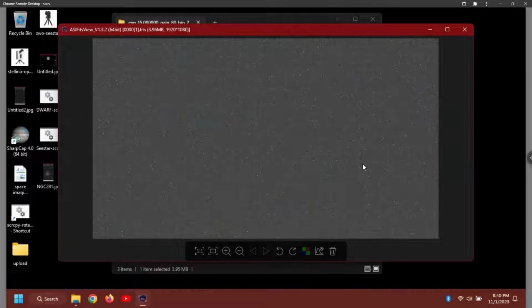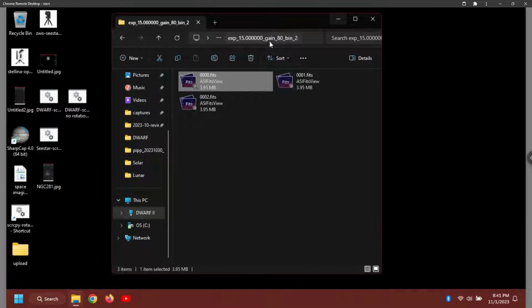These are all the hot pixels on my sensor, a whole bunch of greens, red and blues. And DWARF automatically subtracts these from every frame that it takes. So we're going to have to do that manually in this case. So from that